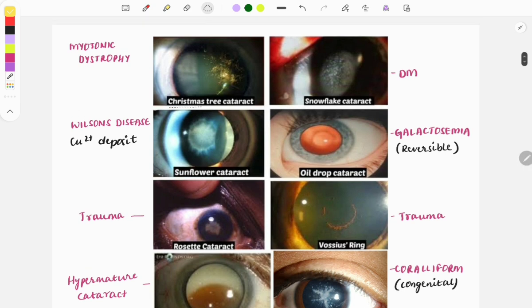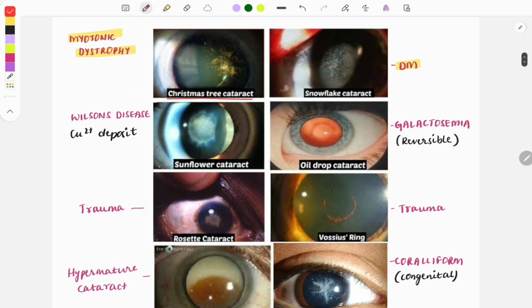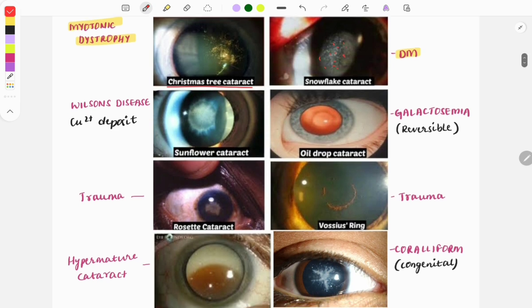So you can see here the Christmas tree cataract. This Christmas tree cataract is seen in myotonic dystrophy. Then snowflake cataract. Snowflake cataract is seen in the diabetes mellitus. As you can see here, a snowflake kind of appearance. Okay. Then moving on,